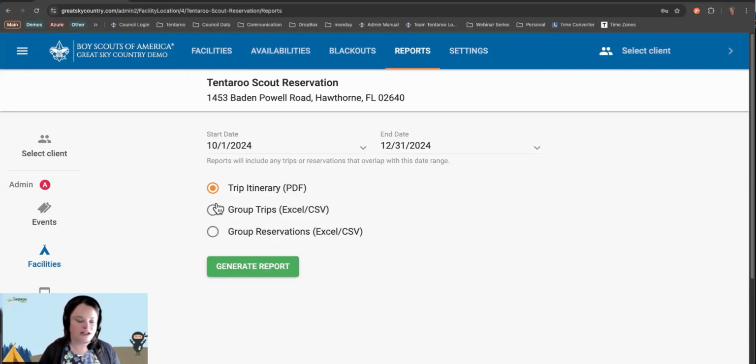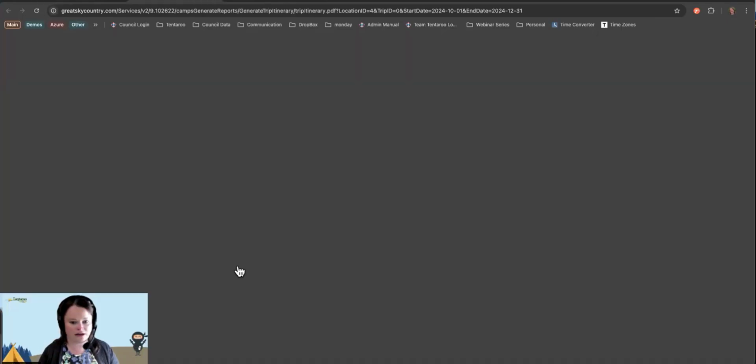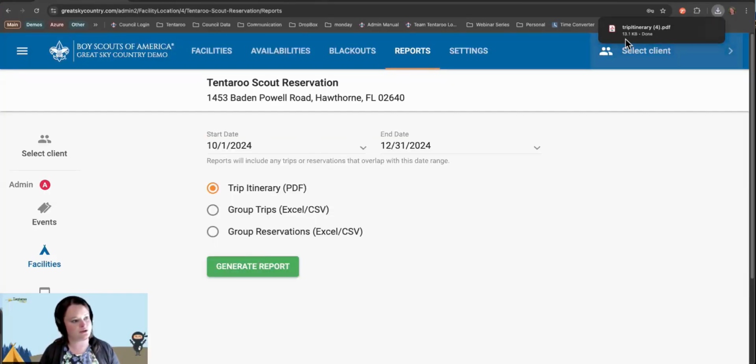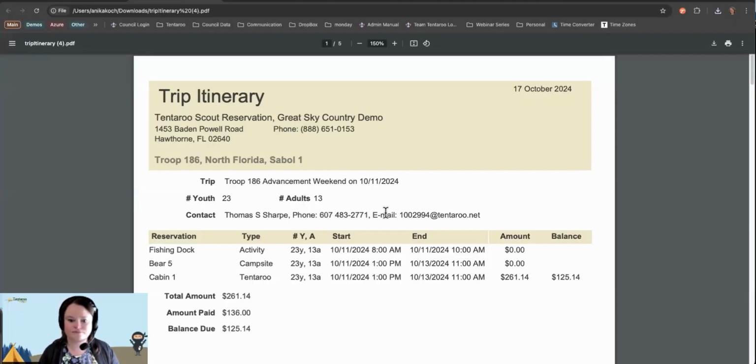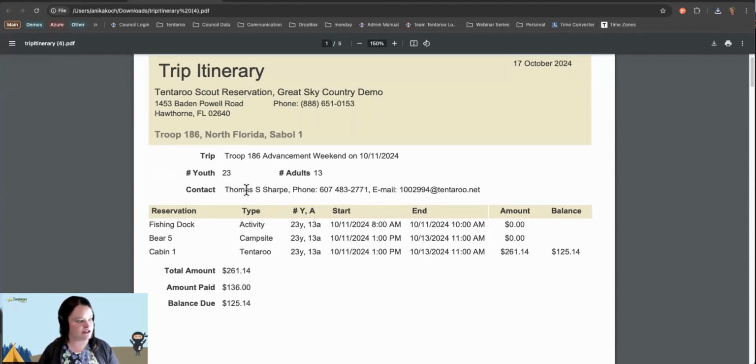And there are 3 different reports available here. The trip itinerary PDF generates separate copies of each of your group's trip itineraries. So let's take a look at that. These trip itineraries will be for any trips that are set during the date range I set. Itineraries include contact information for the group,